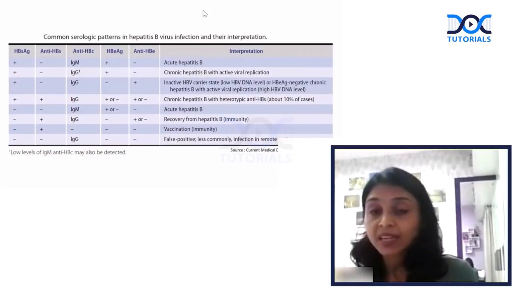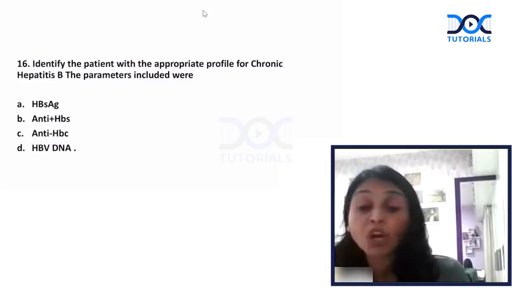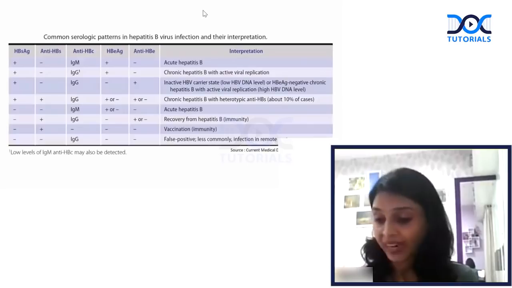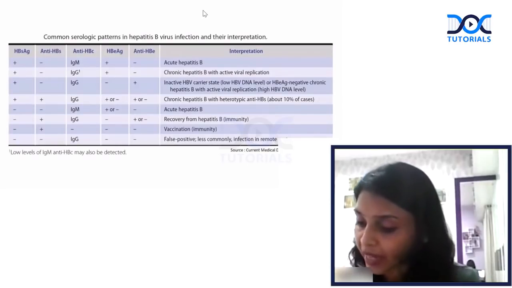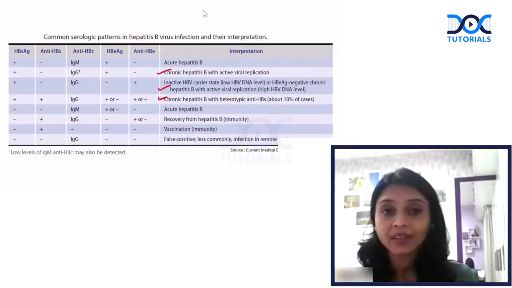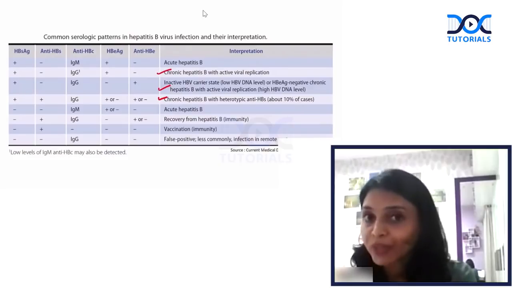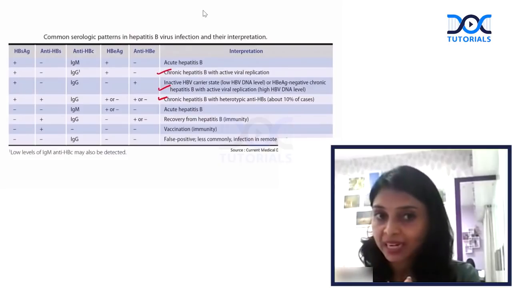So the question is, if a patient is having chronic hepatitis B, which parameters can you find? This is a case of chronic, this is chronic, this is chronic. So in chronic, since you have a table, you can go back and read. Due to lack of time, I'm not going to discuss this table. Please do understand that